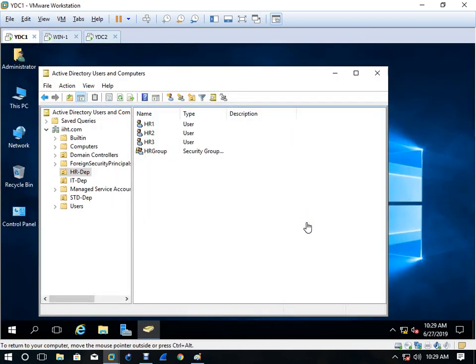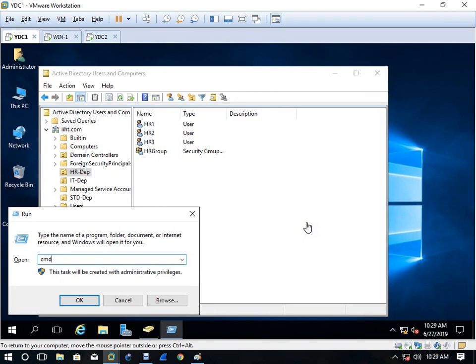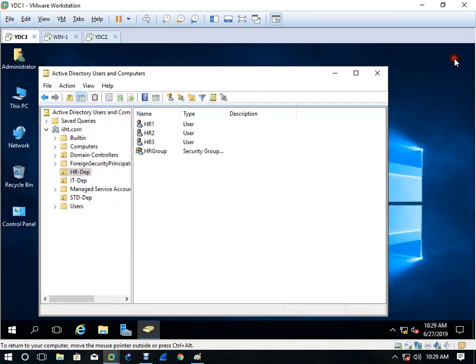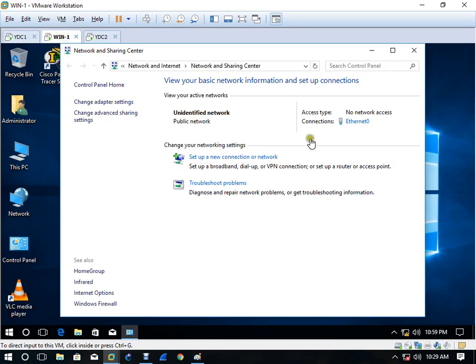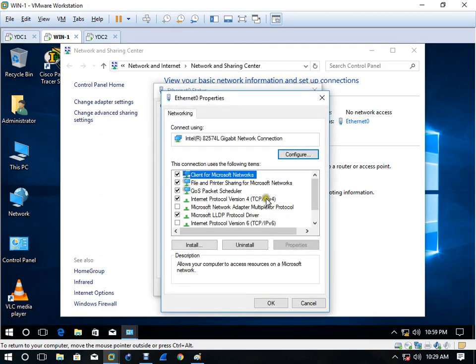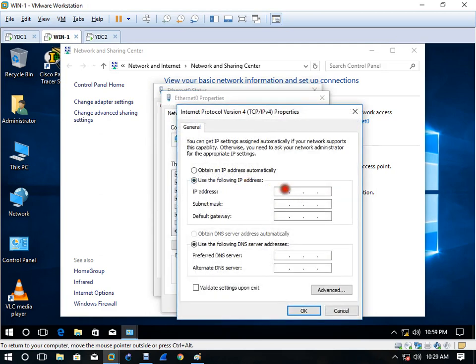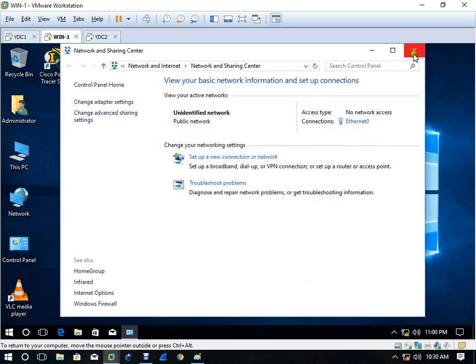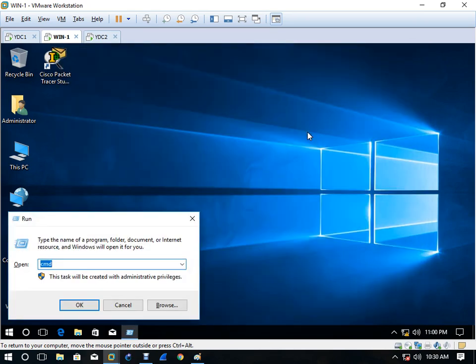With ipconfig, my server IP address is 10.1. So I'll come here on the client system and give, as per the network, whatever free IP address you have. So I'm giving 10.20 and DNS is 10.1. Okay, fine. Check the nslookup.